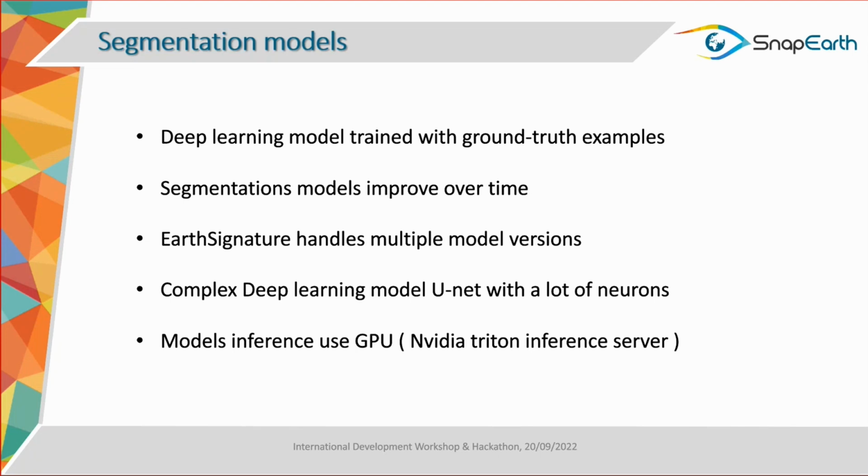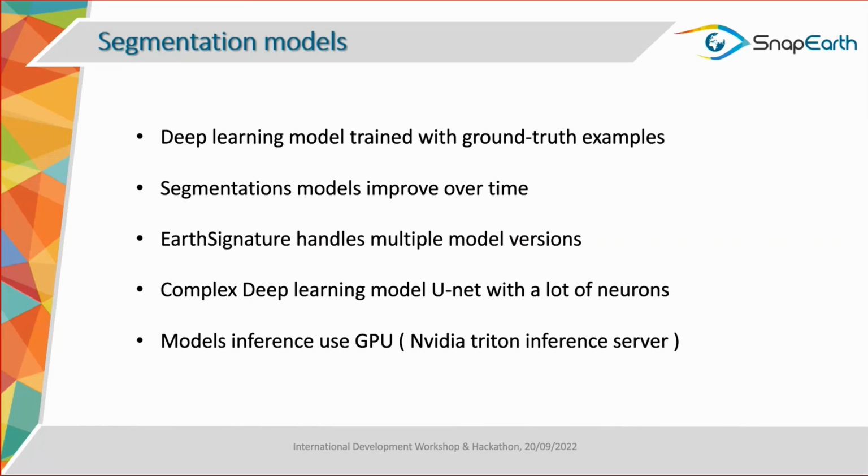The model is trained over time, so EarthSignature has to handle multiple versions of models. Sometimes you want to try another model because you trained it with other ground truth, other data, so we handle multiple versions